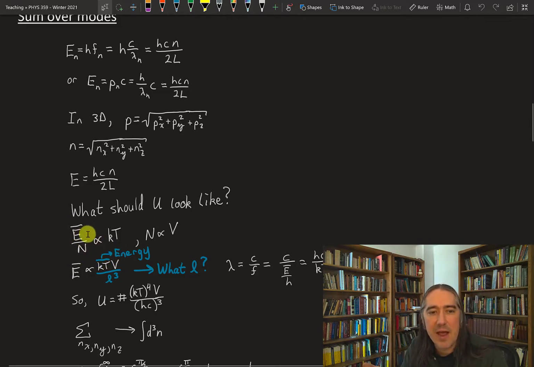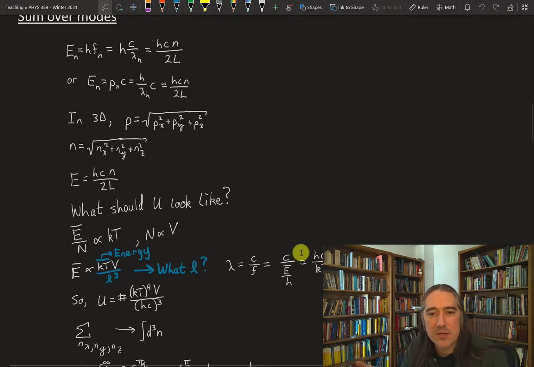And we said if the average energy per particle looks like KT, then our wavelength, which is speed of light over the frequency, we can write it in terms of an energy, right? So frequency is just energy over Planck's constant. And then we can say, well, we think this should be proportional to KT. So great, let's just put KT in for the energy. H flips to the top, HC over KT. You can check the dimensions. This is a length scale. This is the wavelength for some kind of average wavelength in the photons. Right?